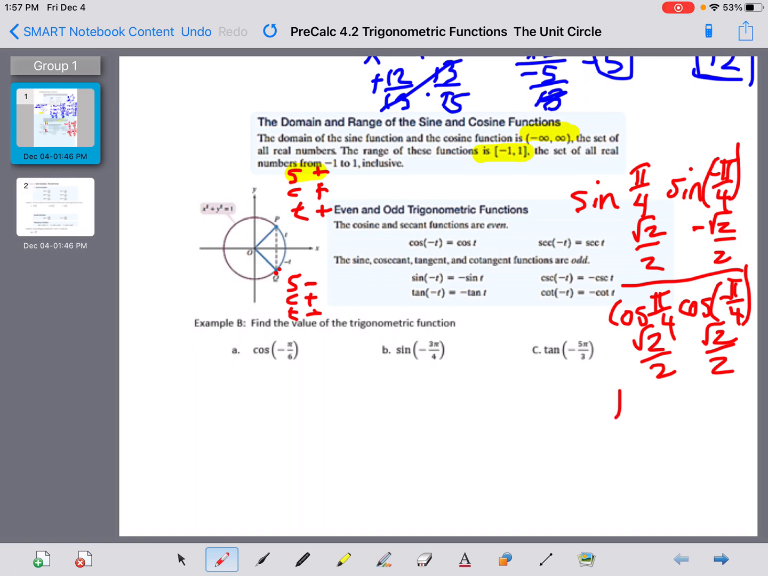If we check our tangents, the tangent of pi over 4, well, that's 1. But if I go into the fourth quadrant for the tangent of negative pi over 4, it's -1 because tangents are always negative in the fourth quadrant. So by testing my three values of sine, cosine, tangent, and